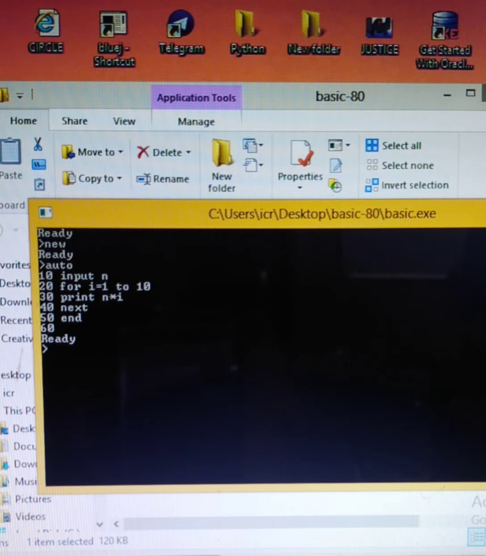So let's see how it runs. The question mark is asking me for a number. I am giving here 7, and I am getting the entire table of 7, but it is not a proper table. If I want a proper table, let's look at the other way of doing this program.